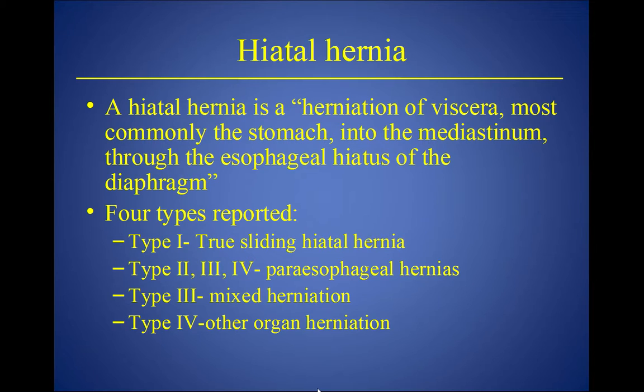The definition is a herniation of viscera, most commonly the stomach, into the mediastinum through the esophageal hiatus of the diaphragm. There are 4 different types. By and large, type 1, which is a sliding hiatal hernia, is the most common one, where the fundus and cardia of the stomach are just slipping up through the diaphragm into the intrathoracic cavity. So that serves to lower the LES pressure because that tight junction is not there anymore, and can